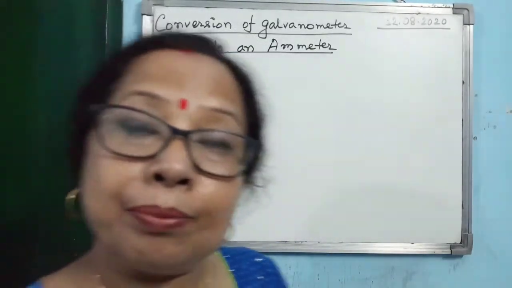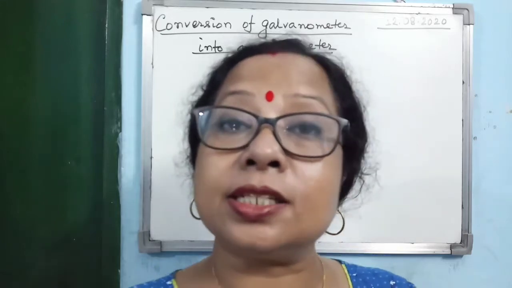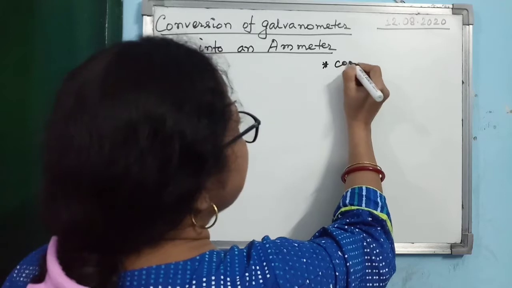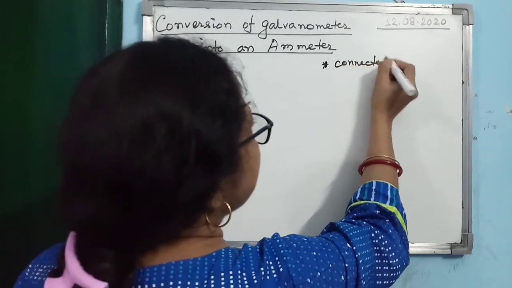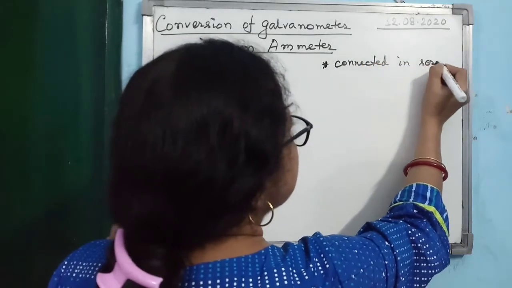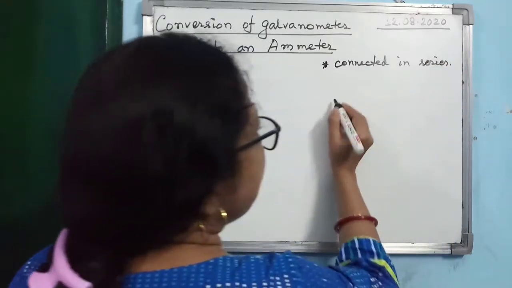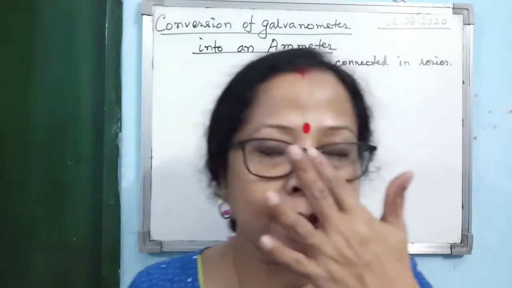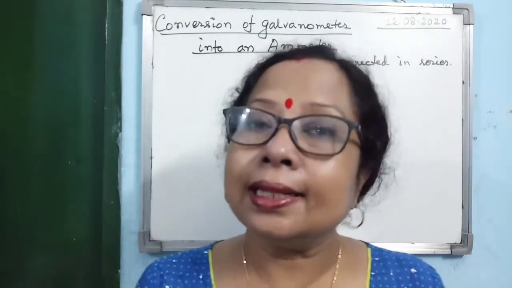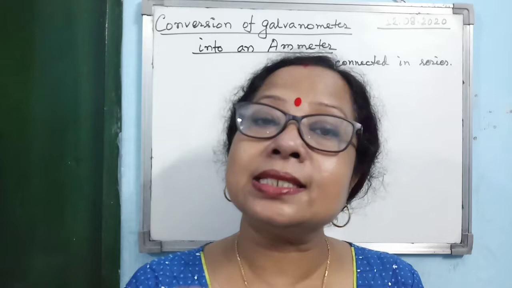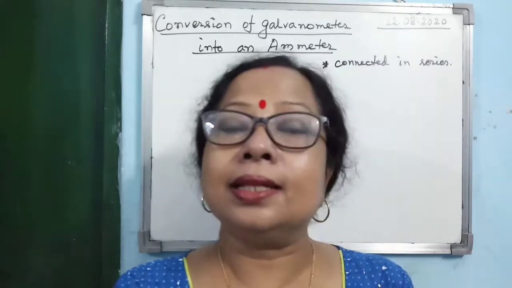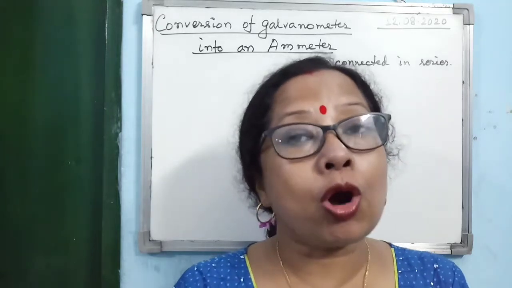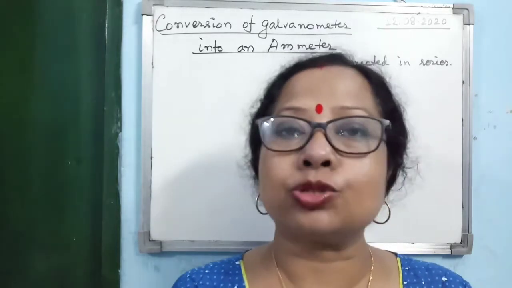Now you know that an ammeter measures the current directly. And one more thing is that an ammeter is always connected in series. Alright, so when you are connecting the ammeter in series and you want to measure the current passing through the circuit, then what should be the resistance of an ideal ammeter? The resistance of an ideal ammeter should be 0. It will not offer any resistance to the flow of current.